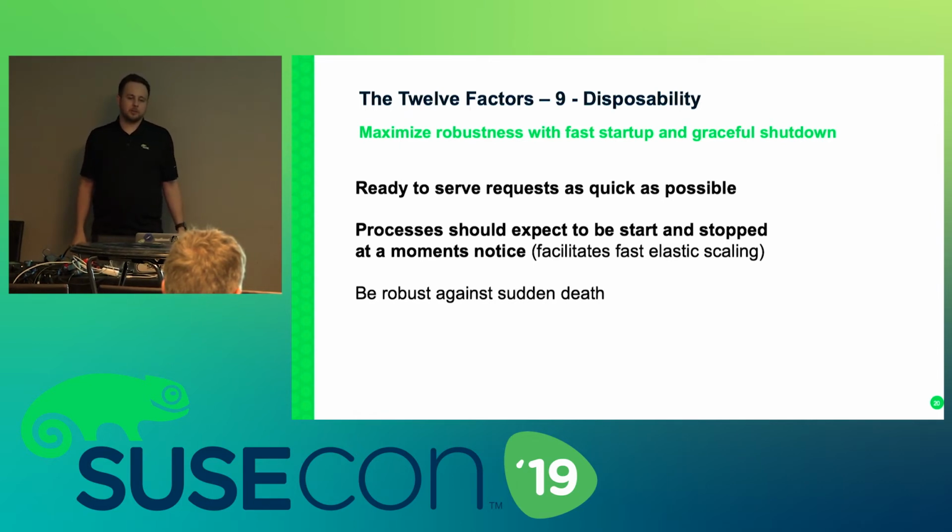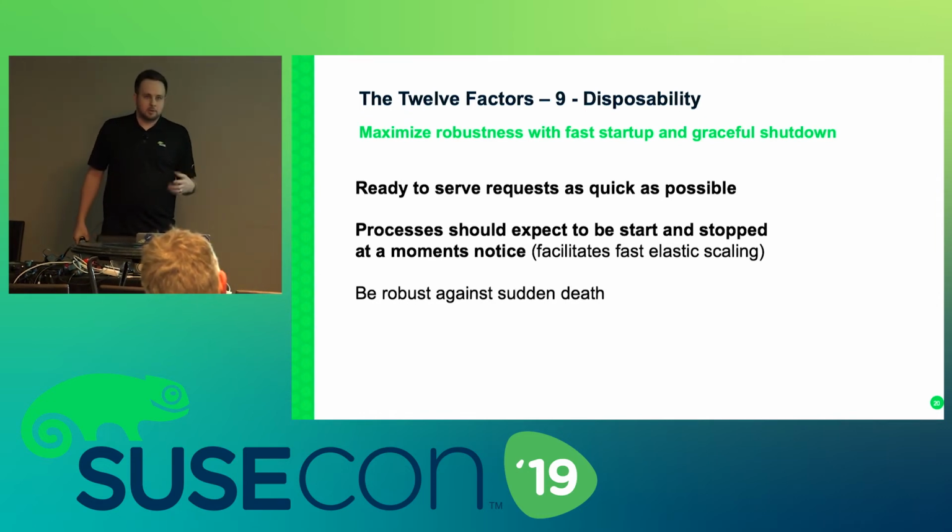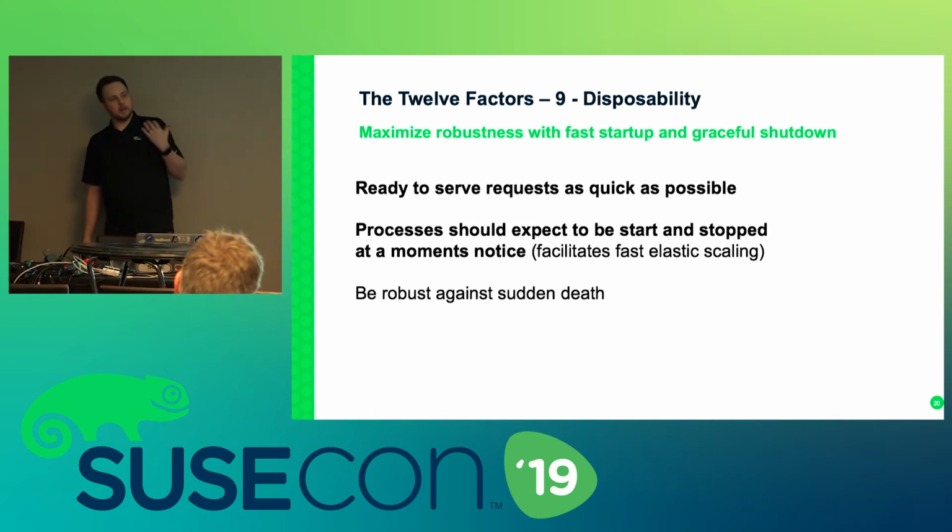Number 9, disposability. And this ties in with what I was just saying. The process of each individual microservice absolutely must expect to be stopped and started at a moment's notice. Some people may have heard of Chaos Monkey by Netflix, which goes in there and destroys random machines within their infrastructure to prove that all of their individual services abide by this kind of model. And it is really important, because when we start dealing with microservices at scale and we implement containers in Kubernetes, Kubernetes will kill a container without warning at a moment's notice.